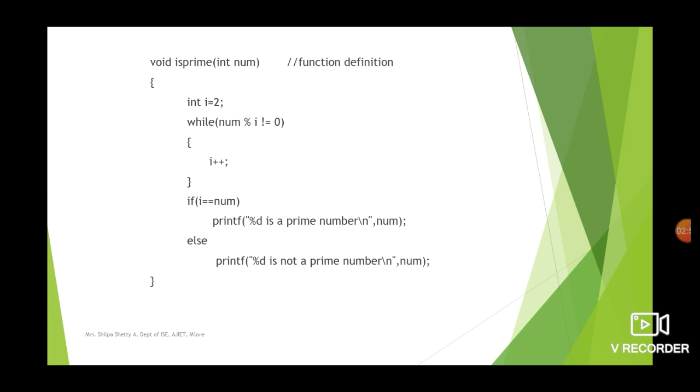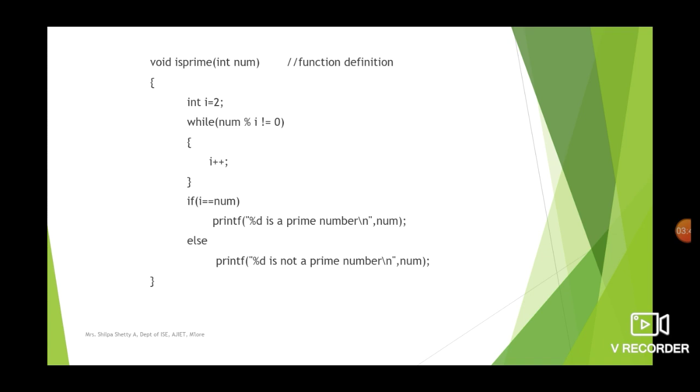The reason is, in order to check whether a given number is prime or not, we start dividing the given number from 2, and go on dividing till that number. For example, if the number is 12, we start dividing it from 2, going from 2 till 12. At any point, if we find that the number is divisible by one of these numbers, then we conclude that the number is not prime. For example, when we divide 12 by 2, we get the remainder 0. That means 12 is divisible by 2, so it is not a prime number.